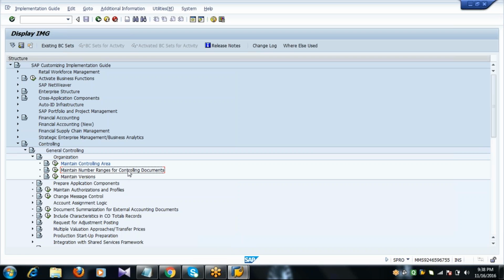Next, maintain number ranges for controlling documents.